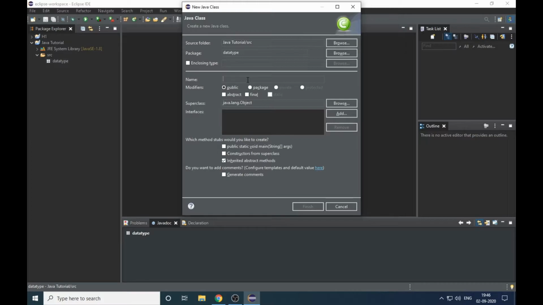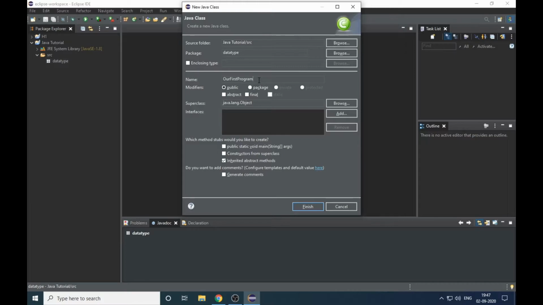In the class, for the name of the class we will type FirstProgram. As you can see, I have written our first program. This pattern of writing is known as camel casing, though it's not a proper camel casing.